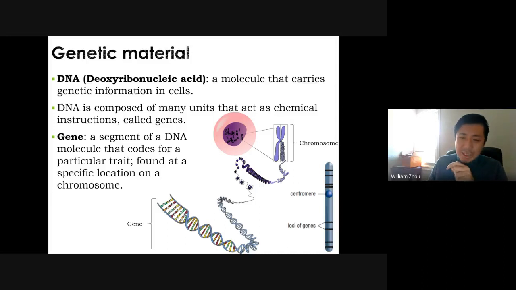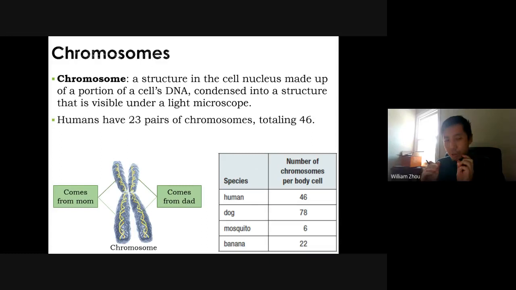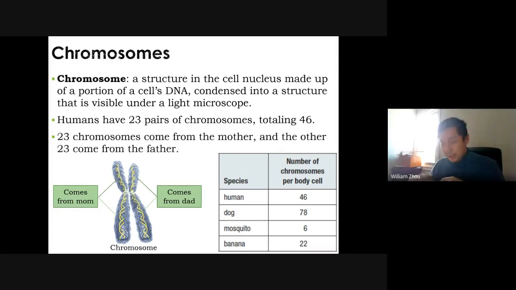Okay, so DNA contains many genes. Sometimes we call them chromosomes because, well, DNA wrapped together to make chromosomes. So here's a typical chromosome. A chromosome is just condensed DNA. You have 23 pairs of them in every single cell in your body. Okay, 23 pairs. They come in pairs, meaning that there's 46 in total. Half of them come from your mother. The other half